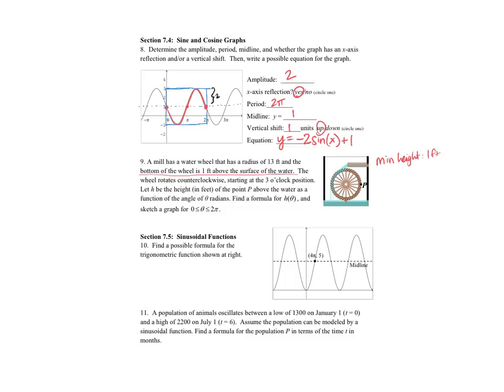Well, h is the height in feet above the water. And so we have the 1 foot above the water plus 13 feet for the radius, plus 13 feet for the other radius. So the tallest point, or the maximum height, is going to be